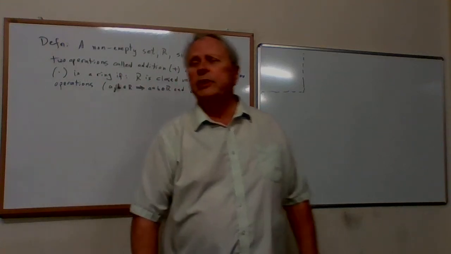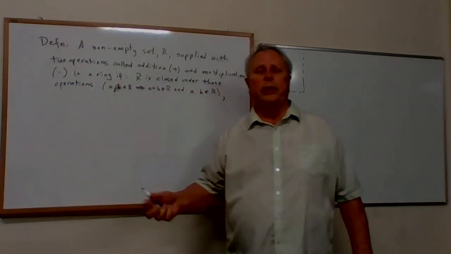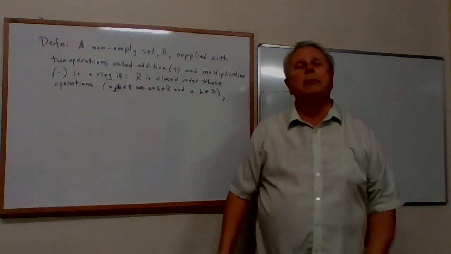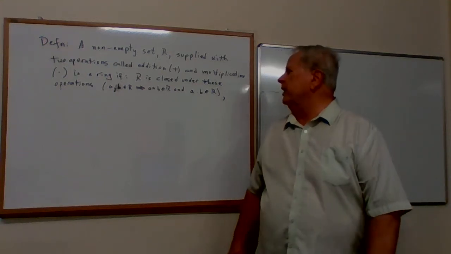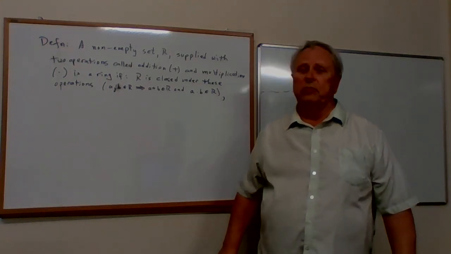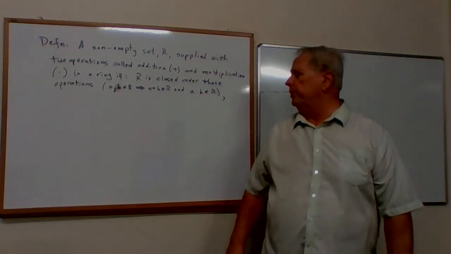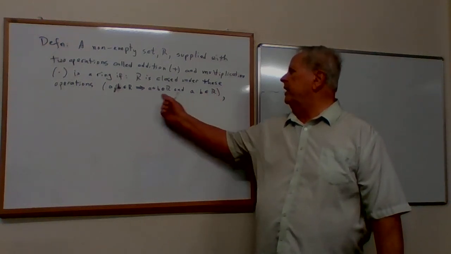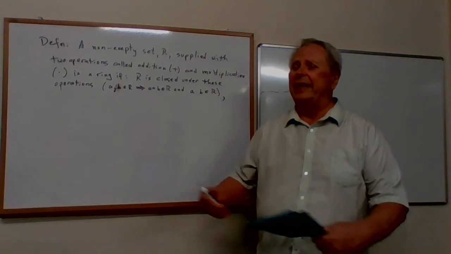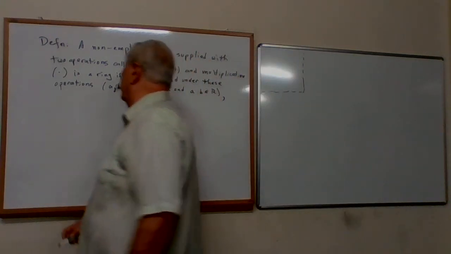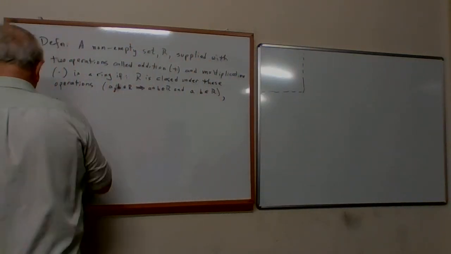If you do these operations for elements that are in the ring, you don't go flying outside the ring by doing that operation. So that's actually the zeroth property. It has to be closed under those operations for any of the following things to make sense. But property 1,